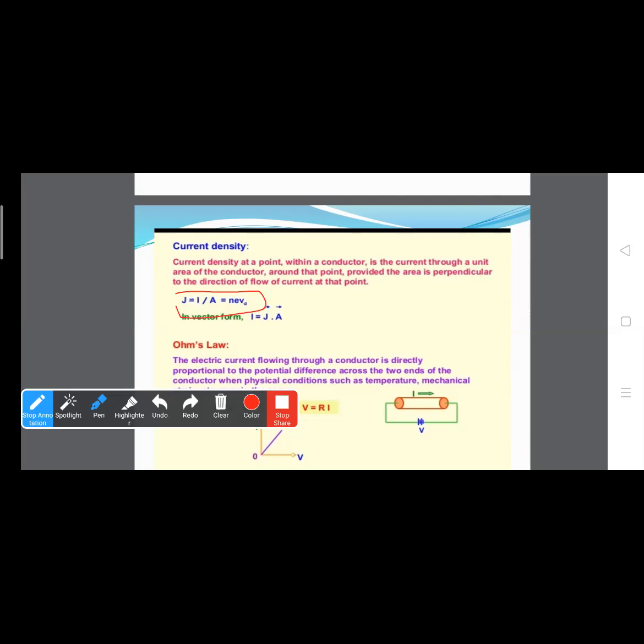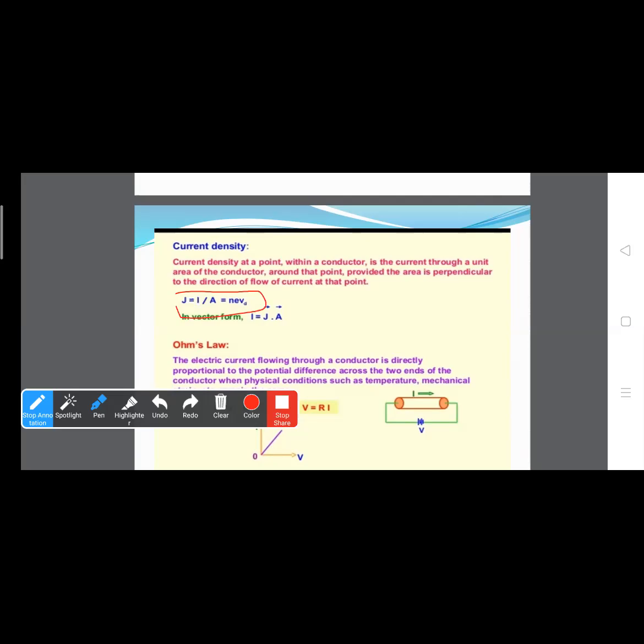First, for a positive charge carrier, drift velocity Vd is in the same direction as the electric field. So current density is along the same direction as E. And for a negative charge carrier, drift velocity is opposite to the electric field, but current density is still along the electric field. Hence, we conclude that current density has the same direction as the electric field. Clear? So this is something about current density.